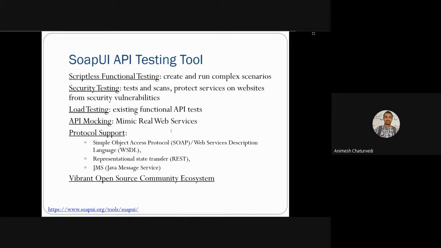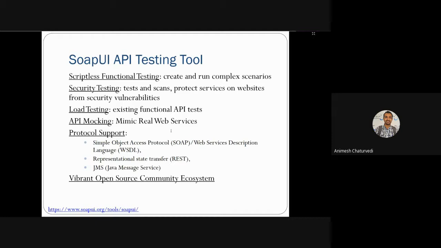What types of testing are possible with this SOAP API testing tool? Scriptless functional testing, security testing, load testing, API mocking, protocol support, and a vibrant open source community ecosystem. In scriptless functional testing, you simply create and run complex scenarios.